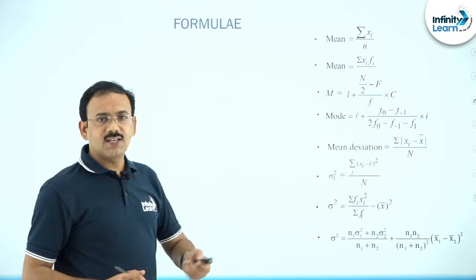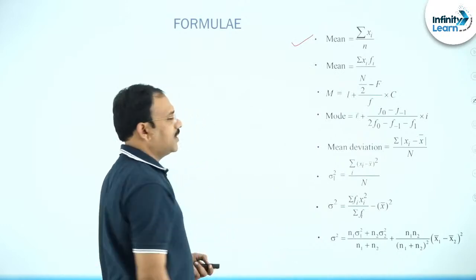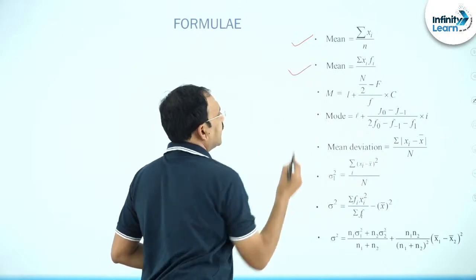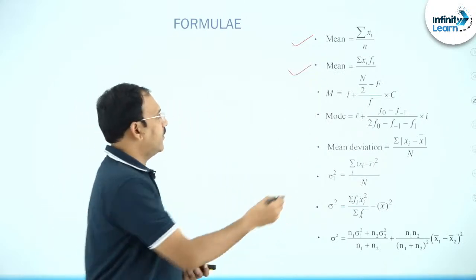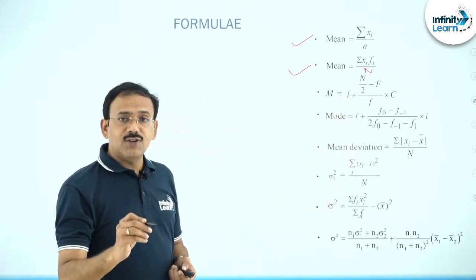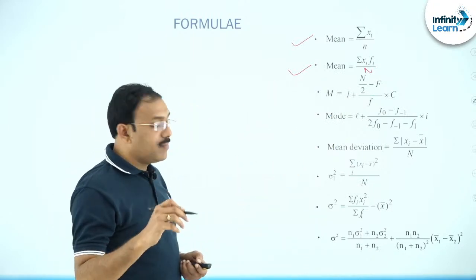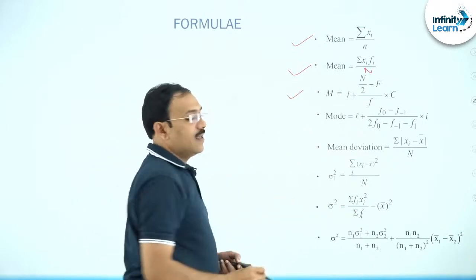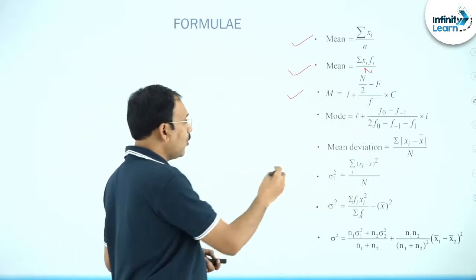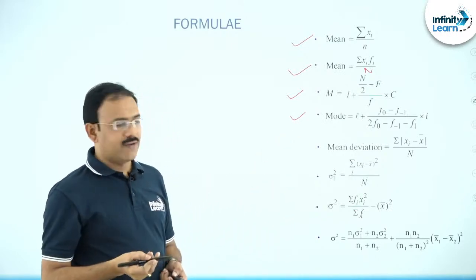You see, just now we talked about mean: sum of the quantities by number of quantities. In discrete series I have given sigma xi fi by sigma fi, which is denoted by n here. And friends, even though it is continuous series, we convert into discrete and apply the same formula. Whereas median, just now we have seen: L plus (n by 2 minus m) by f into C. Whereas mode, just now we have seen. So, representation is a little different, but the same formula we have written.